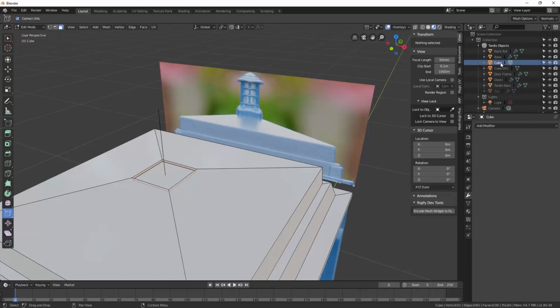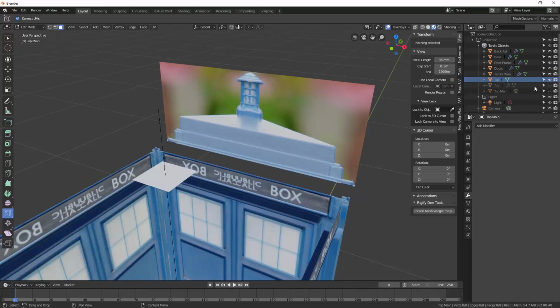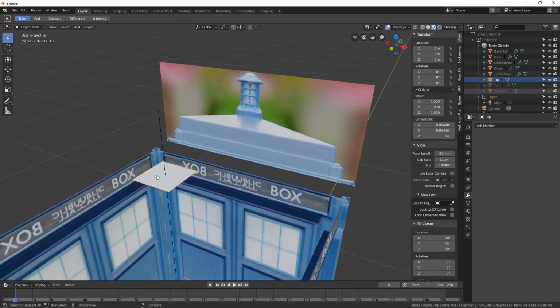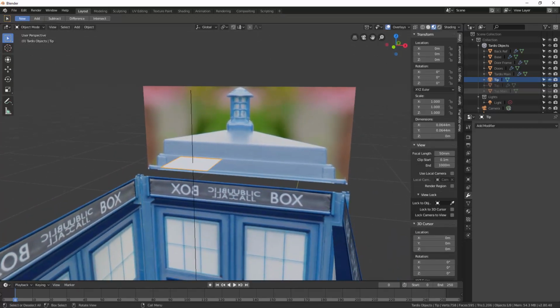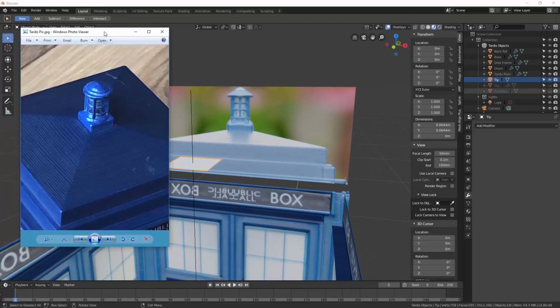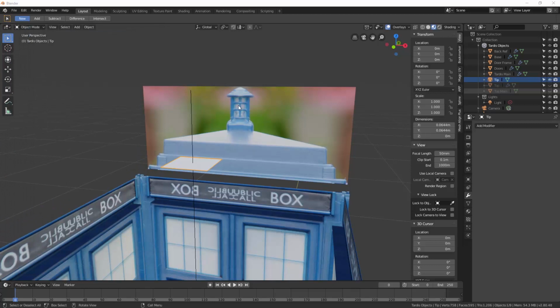And my cube was my original top, wasn't it? So that's now my top main. And my cube 001 is going to be my tip. So let's hide the top main. And we've just got this object here, which is going to be the basis of our creating this particular bit here. So I'm just going to put that off to my left while I do this. So I've got a little bit more to go on than you can see, but not much. And so let's go into edit mode,